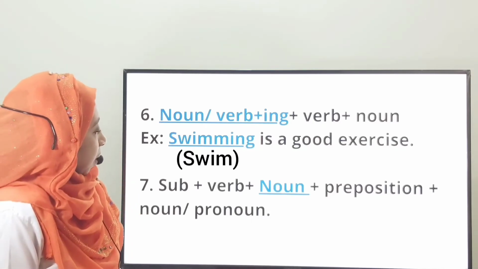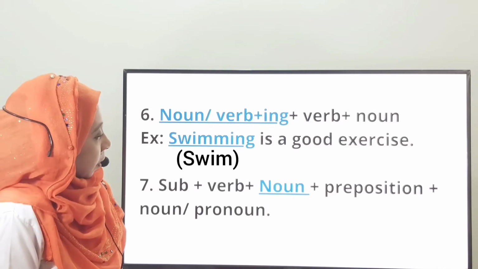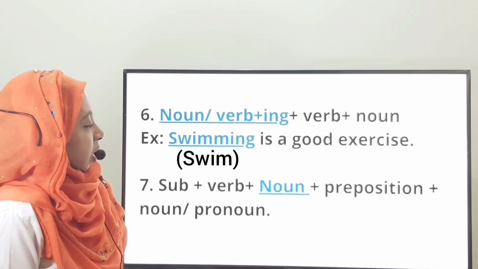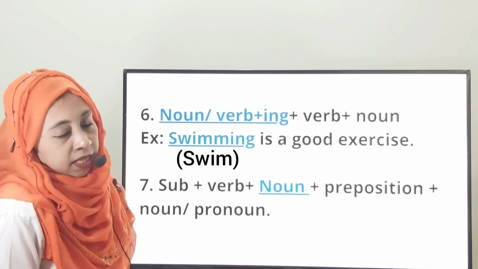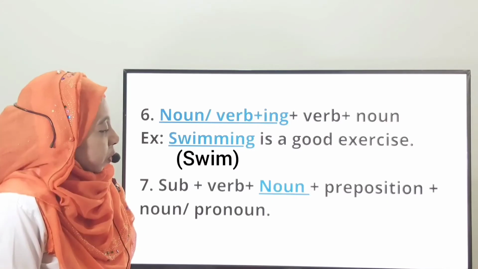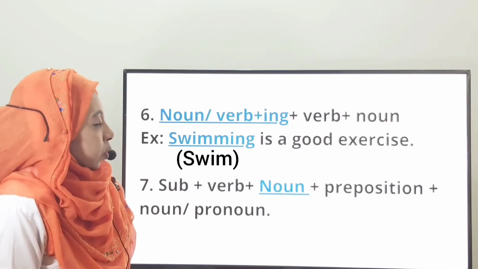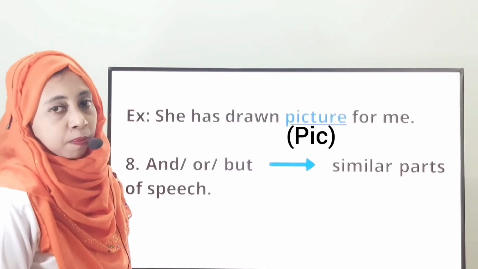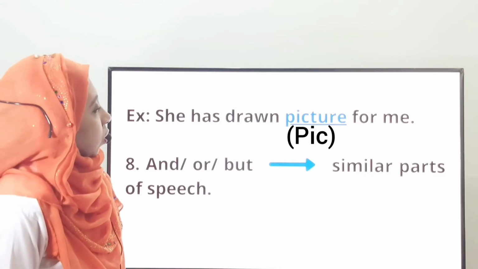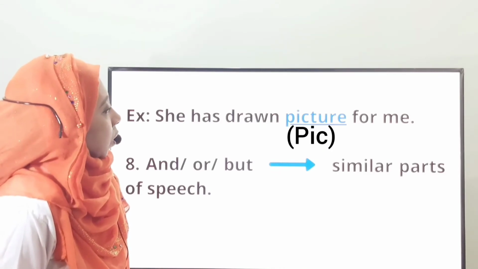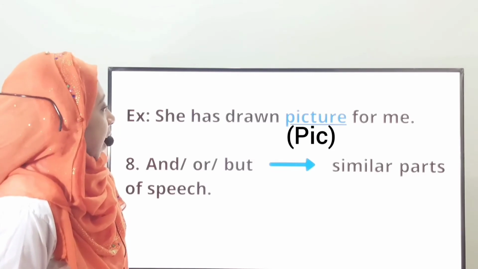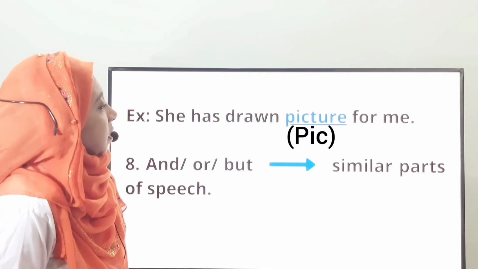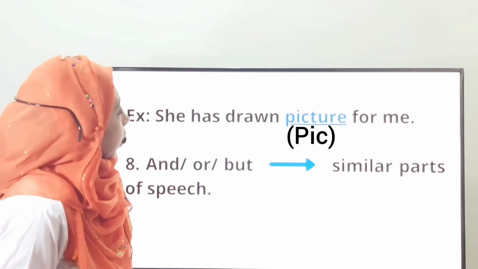Then subject plus verb and after that gap or preposition, then noun or pronoun. In that case, before preposition, we will think a word such as noun word. If we get given word or root word, we will change that word into noun parts of speech. Thus, in this respect, we can see an example. She has drawn picture for me. Here, with pick, TURE suffix is added, and before preposition we think a noun word. For that we change the root word or base word into noun word.